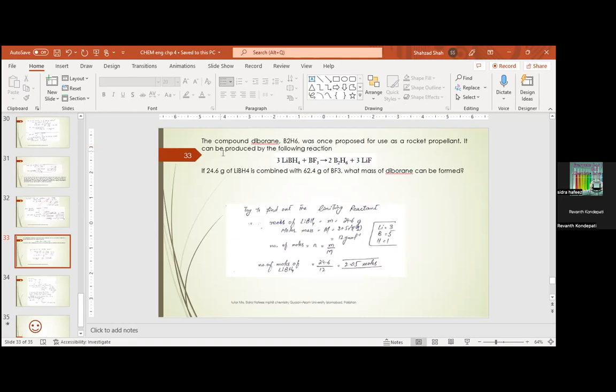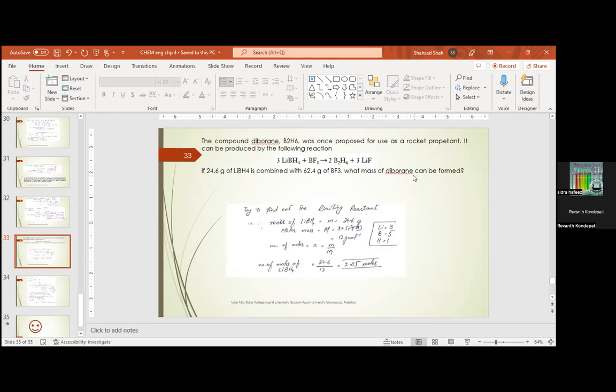propellant. It can be produced by the following reaction: lithium borohydride, a reducing agent, reacts with boron trifluoride to produce diborane and lithium fluoride. Now, if 24.6 gram of lithium borohydride is combined with 62.4 gram of BF3, what mass of